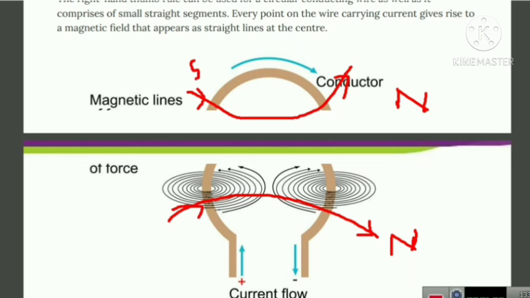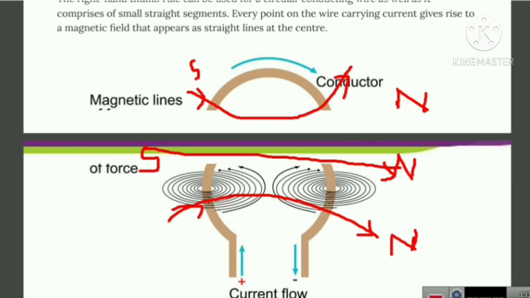Yes. So when we come to the center of this circular loop, then the arcs of these bigger concentric circles become looking like a straight line. So these are concentric circles, and the arc of this concentric circle at the center is looking like a straight line. So here there is direction, and thus it acts as the north pole, and here it acts as the south pole. This is the pattern for the magnetic field lines for the circular loop.